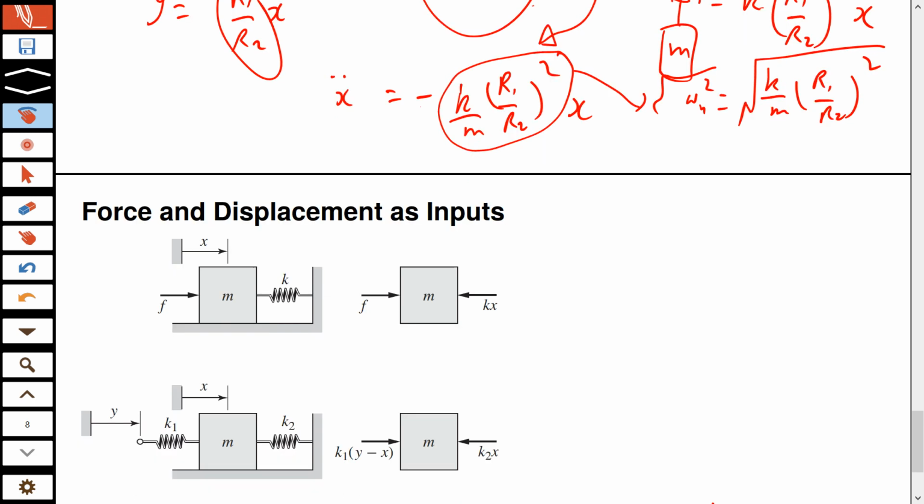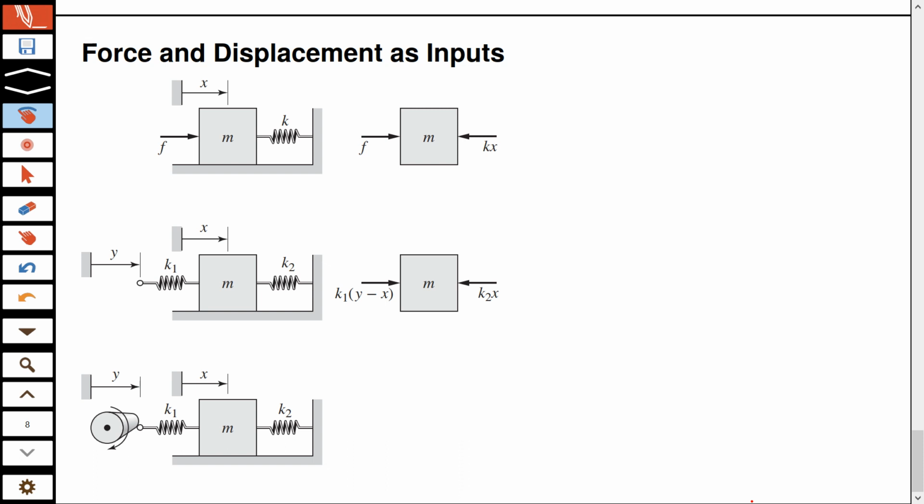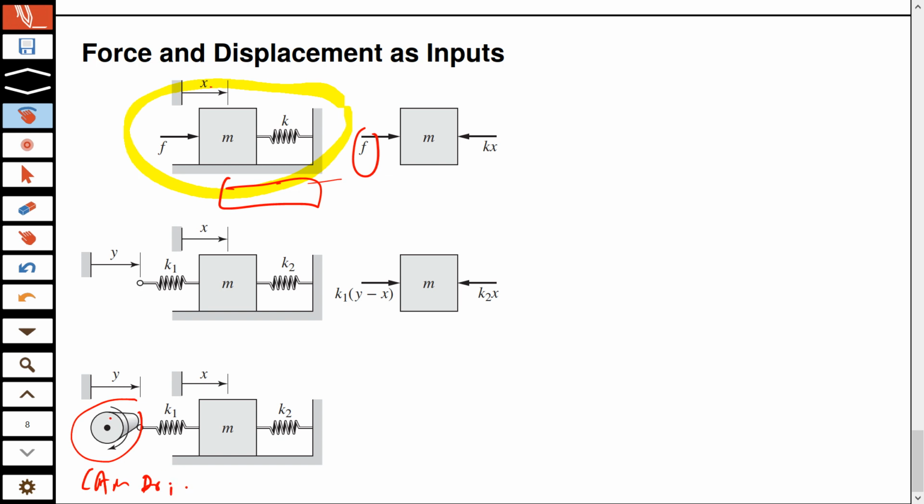Okay, the last thing which I need to, this is not an example, not a problem, you just need to keep one thing in mind, that normally when we have diagrams like that, we think of the force as an input and we don't care where this force comes from, and maybe x is our output. But sometimes there are mechanisms like cam drives that will allow you to convert rotation by a motor to translation,